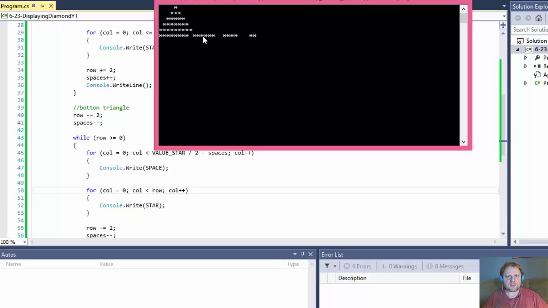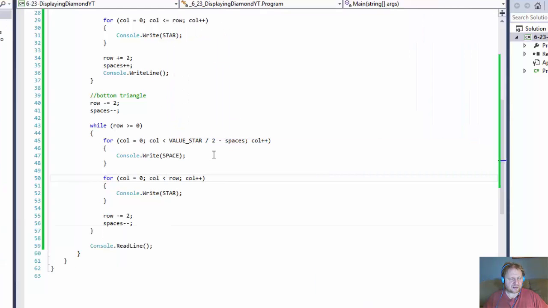And see, these are even numbers. We have 8, 6, 4, and 2. We're supposed to have 7, 5, 3, and 1. So we need to increase. Since we started with the spaces,